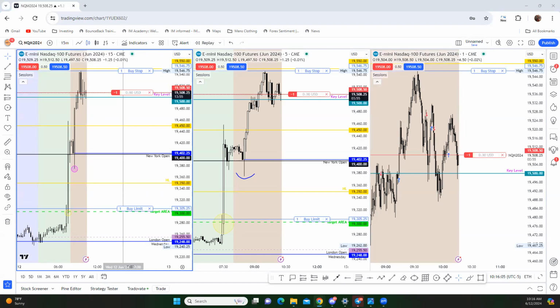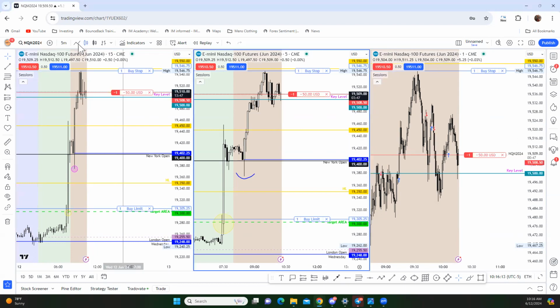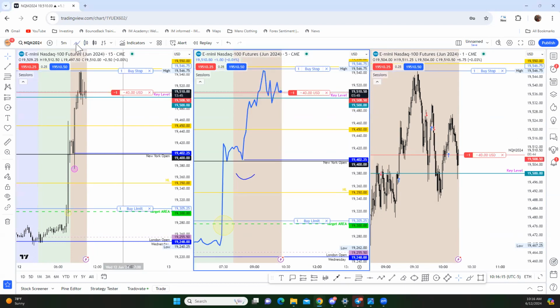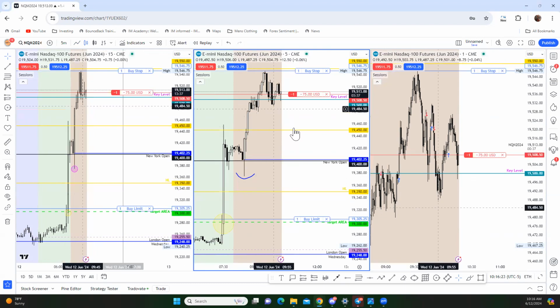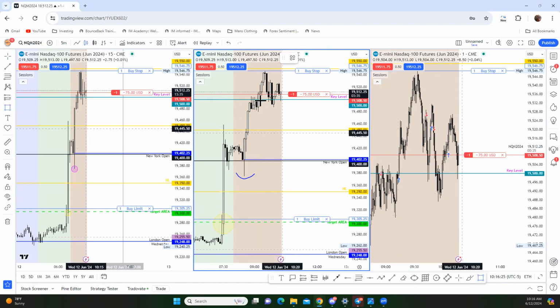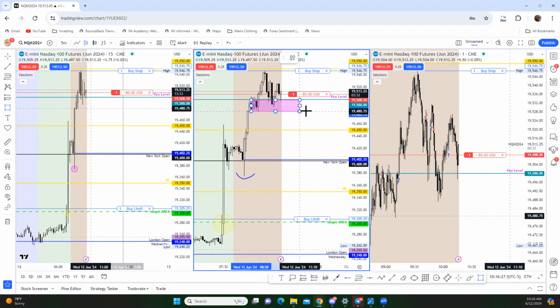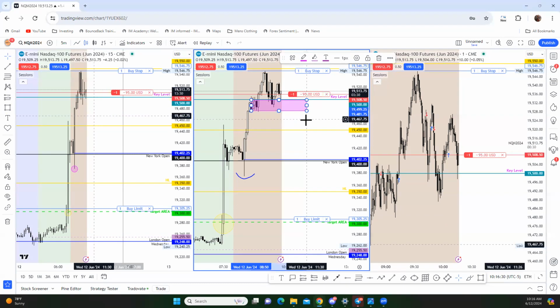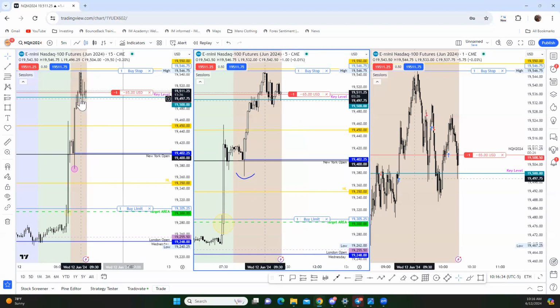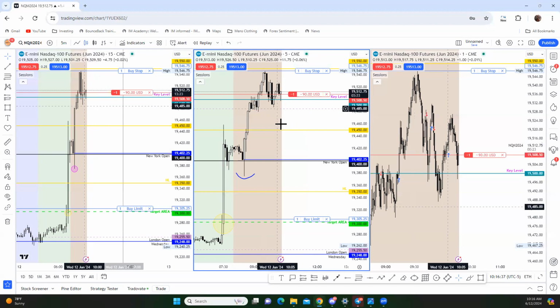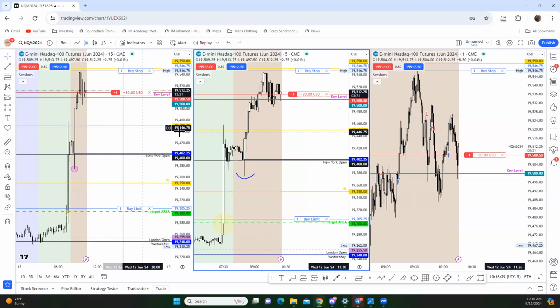So NQ is holding that 500 level too, good. That's why I didn't add anything into it. But if we can finally get a technical 5 minute break, a lower low than the 480s, I think we could start to maybe get to that 350s over time. But we're still holding, when you think about it, right? We're still holding the 5 minute area with no break of structure, unfortunately. So we have one 15-minute break of structure, which is great, but we don't have an actual 5 minute break lower yet.